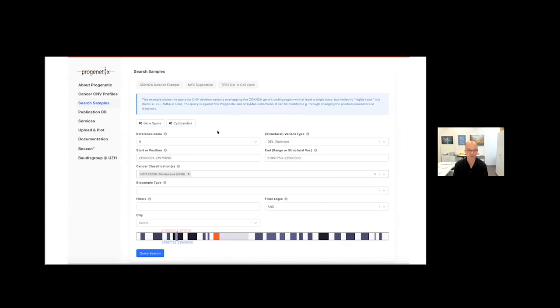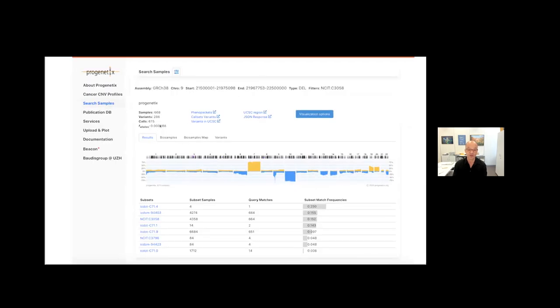Here again, CDKN2A and glioblastomas, using the NCIT code as a filter, with a positional variant query and some visualization of this, and then querying the database and actually using a handover object, which just points to the identified call sets to generate a histogram, for instance here for copy number variants, showing the deletion in this spot we searched for, but also the associated other changes in these glioblastomas, nearly 700 samples matched here and so on. And then there are different export versions, and this is all driven by Beacon query and handover responses.